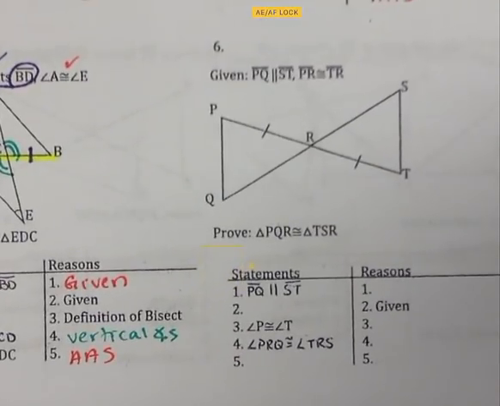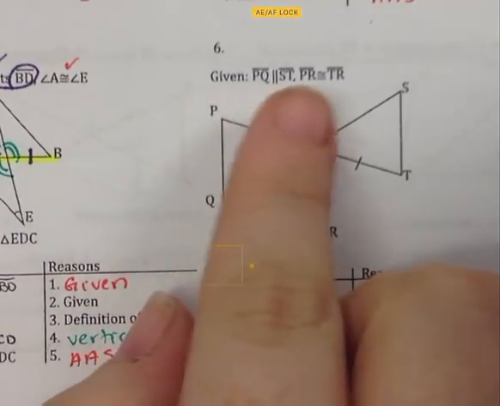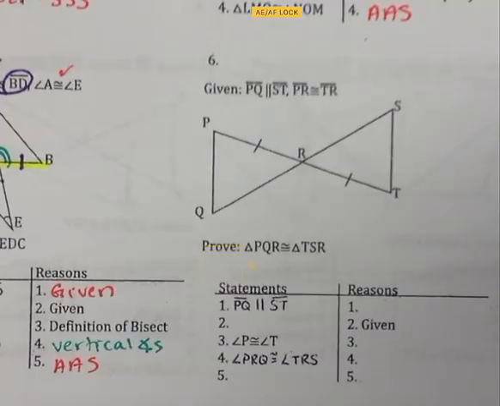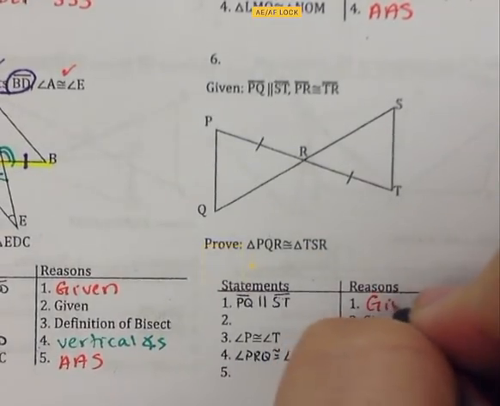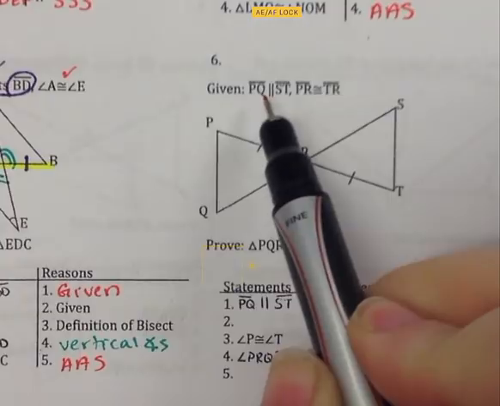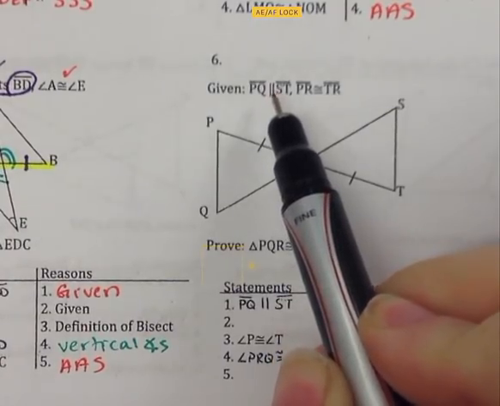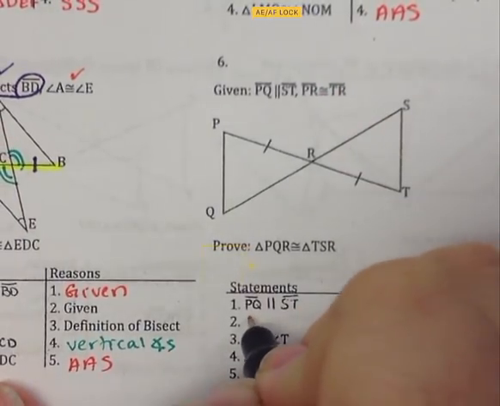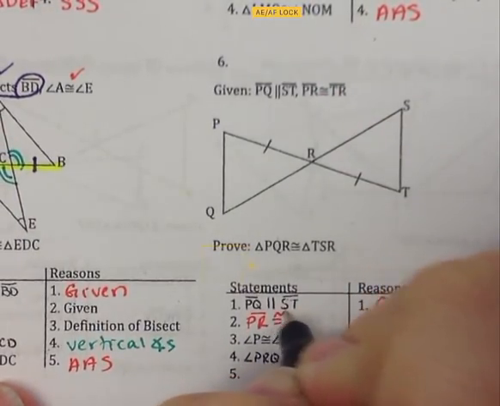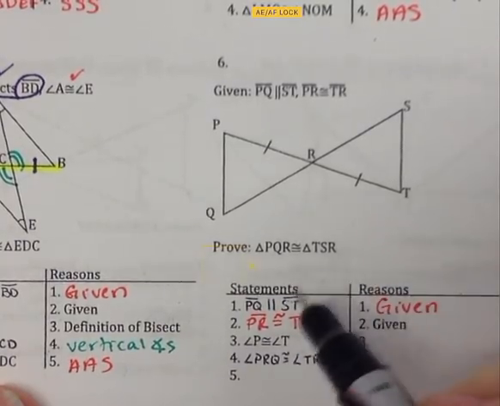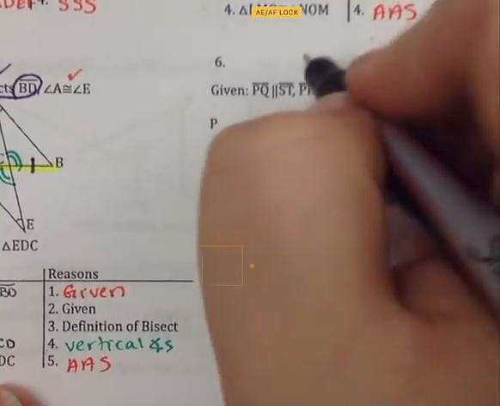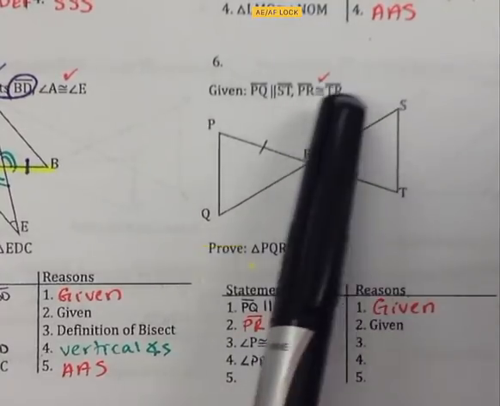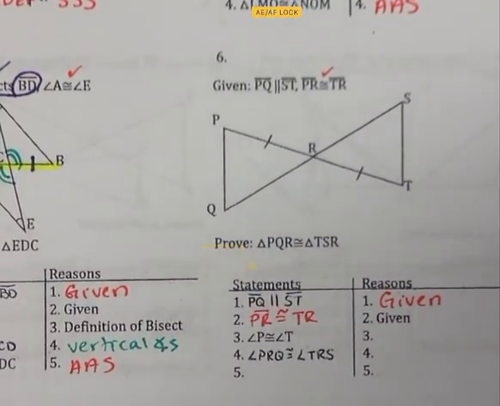On this next one, we have that segment PQ is parallel to segment ST. So that's our first statement, and we put given. Now that does not say they're congruent, so I can't put a check mark yet. We go to the next given. It says that segment PR is congruent to segment TR, and it's given. Now it's marked. It's in our proof. We can put a check mark in it because it has congruency. I only have one congruence, and I've done with my givens, so I have to go back to my givens